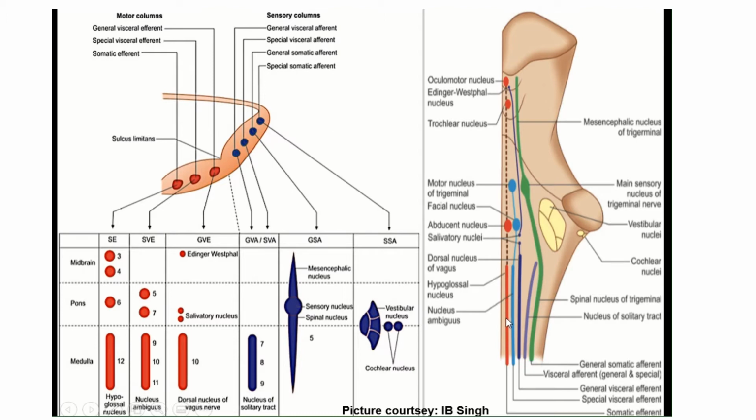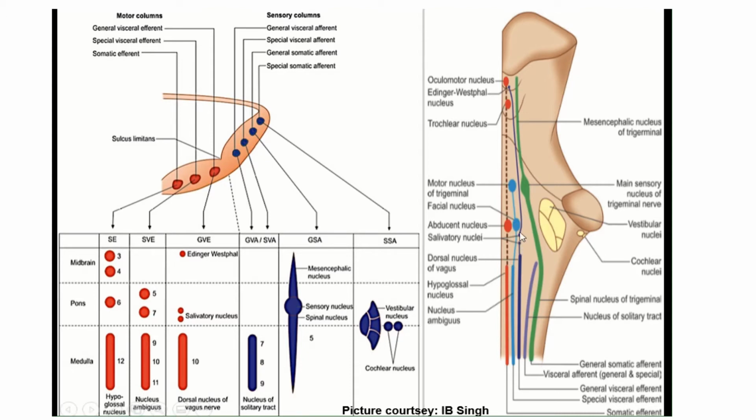Coming to the next column, that is the special visceral efferent column. So as I've told you, this column is responsible for supplying the muscles derived from the pharyngeal arches. The first nucleus of this column is the motor nucleus of the trigeminal nerve. The motor nucleus of the trigeminal nerve lies in the upper part of the pons and supplies the muscles derived from the first pharyngeal arch. Next is the motor nucleus of the facial nerve. It lies in the lower part of the pons and it is responsible for supplying the muscles derived from the